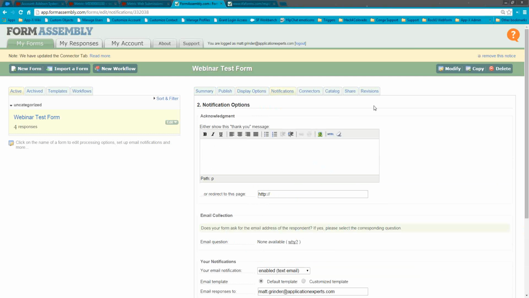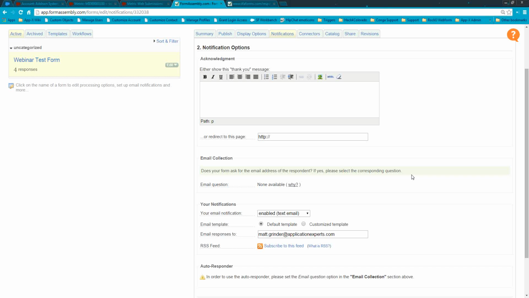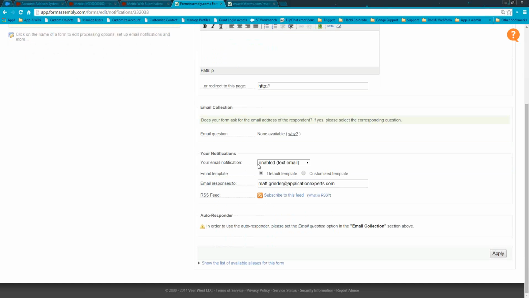So you can see here, we just kind of put a laundry list of things in here. One of them is the acknowledgments page, which controls what the user sees when they submit the form. But then email notifications down here, that controls who gets emailed when the form is completed. And you can customize the template that's sent, although the default one is pretty good. It provides a summary of the data that was submitted in the form, and you